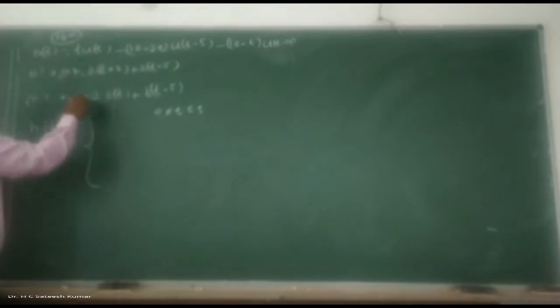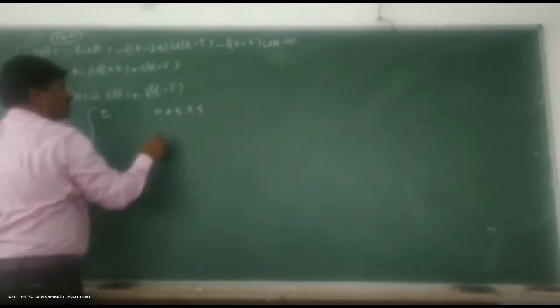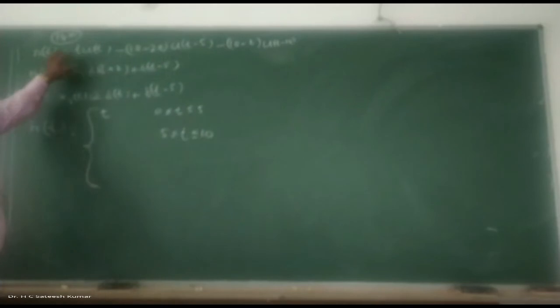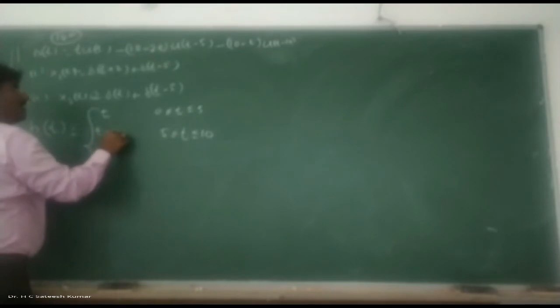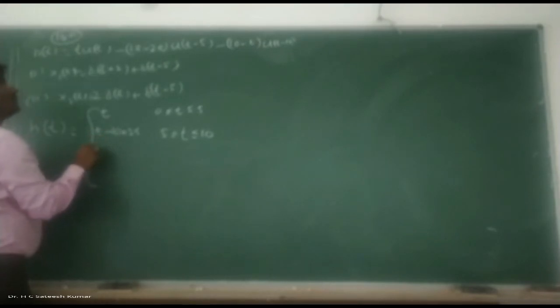Therefore you should do it carefully. Observe here. Between 0 to 5, its value is t. Now for 5 to 10, you have to add this one. So t lies between 5 to 10. Observe carefully. What is the original signal? t. And the second one is minus 10 plus 2t, which is nothing but equal to, sorry, one minute. Minus, this is not minus, sorry, plus, that's why.